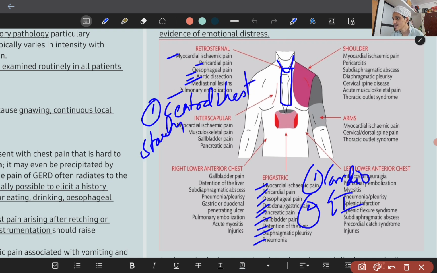Shoulder pain: myocardial ischemic pain, pericarditis, subdiaphragmatic abscess, diaphragmatic pleurisy, cervical spine disease (very important), acute musculoskeletal pain, and thoracic outlet syndrome. In the arms: myocardial ischemia, cervical pain, or thoracic outlet syndrome. Okay, next,